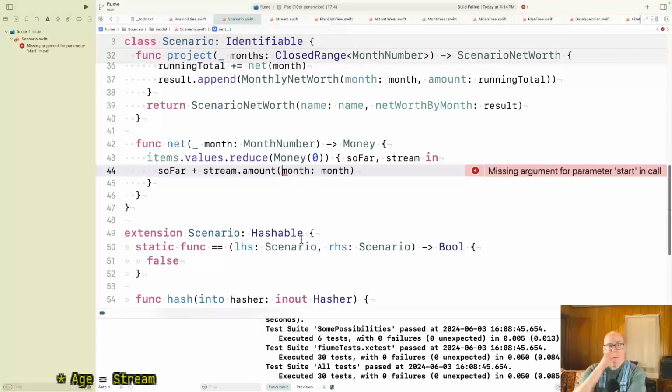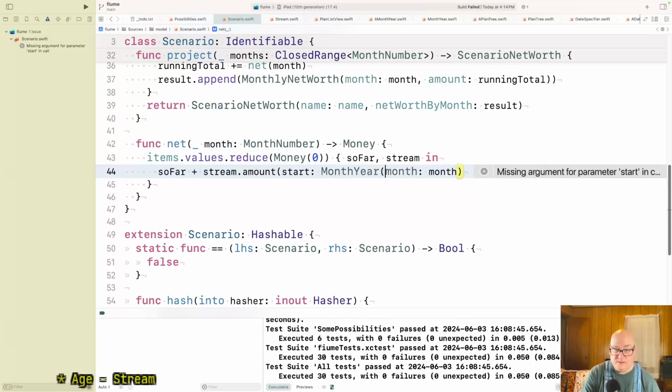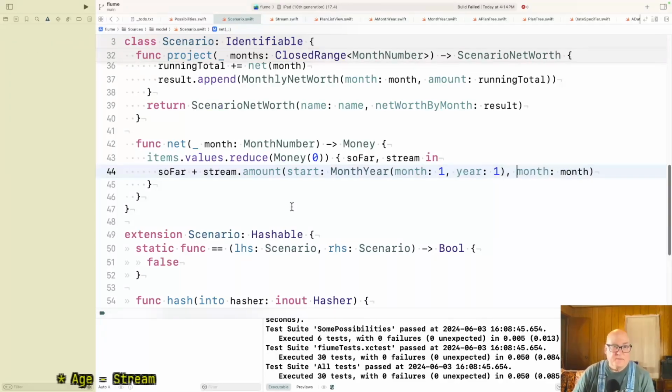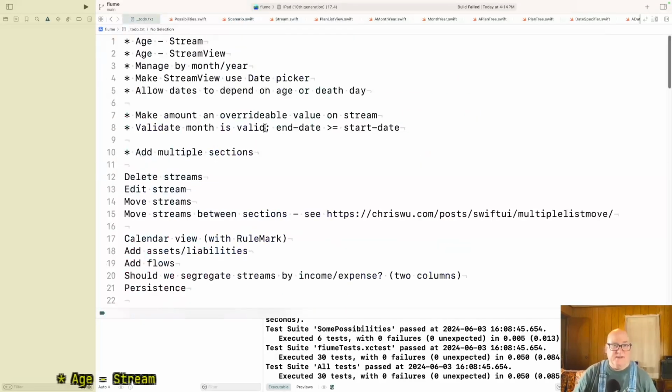And I don't know how much to bubble up. Let's do one at a time. All right. So let's just say start month, year, 1/1. Okay. Clearly a bizarre month. Yeah, put the labels in if it makes you feel better. Okay. Now, that means that fixes that code. Okay, but I got to keep track of them.